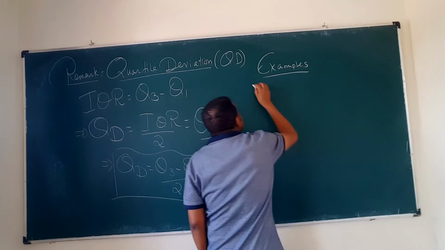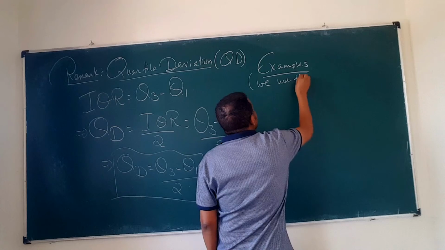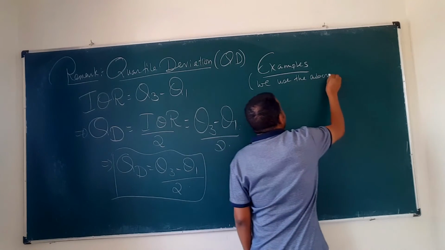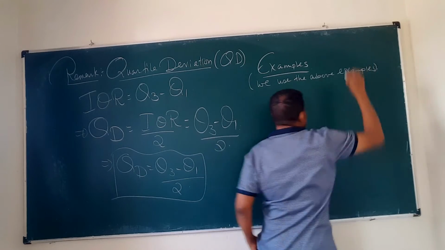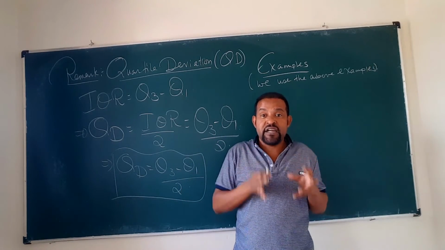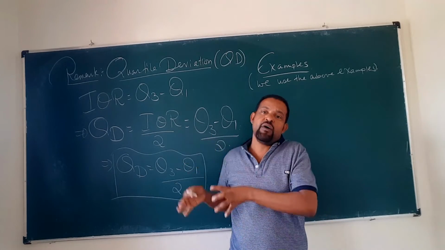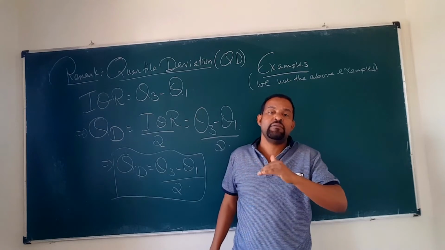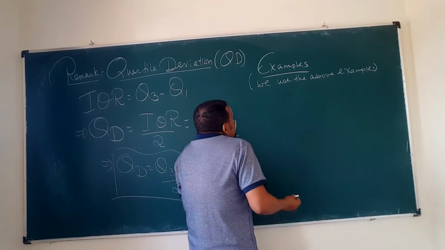Examples. We just use the above examples. ስለዚህ ከላይ የሰራናቸው ኢንተርኳርታይል ሬንጅ ብለን የሰራናቸው በሙሉ Q3 እና Q1 ፈልገን Q3 minus Q1 ብለን ያስቀመጥናቸው እነዛን ምን እያደረግን መውሰድ ነው? half እያደረግን መውሰድ ነው።